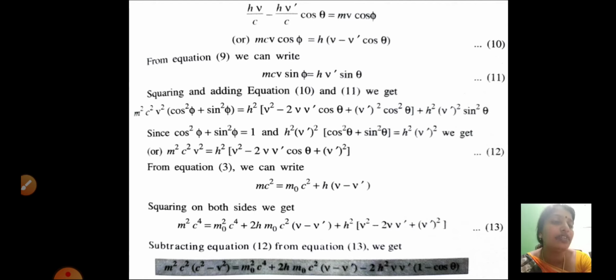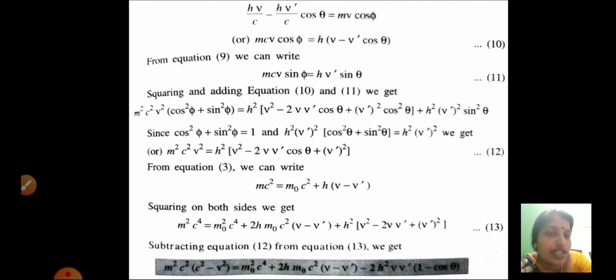This equation 13 is subtracted from the 12th equation and we simplify. So m squared c to the 4, there we have m squared c squared, which we take commonly. The remaining terms: in equation 13 there is c squared, and in the 12th equation v squared is extra on the left hand side. So m squared into c squared minus v squared is equal to, okay,